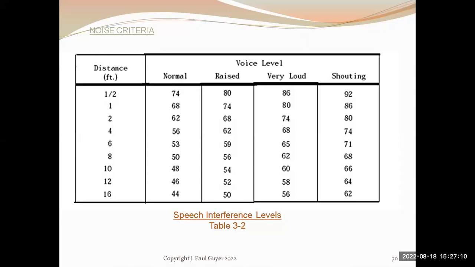So if you have, as an example, two people in the receiving room who are 10 feet apart, they can communicate in a normal tone of voice if the sound level in the receiving room is 48. They would have to communicate in a raised voice if the sound level was 54 decibels, and so on through the table. This just gives you a feel for speech interference levels, which may not be something that you need to concern yourself with in a lot of building design situations. Okay,